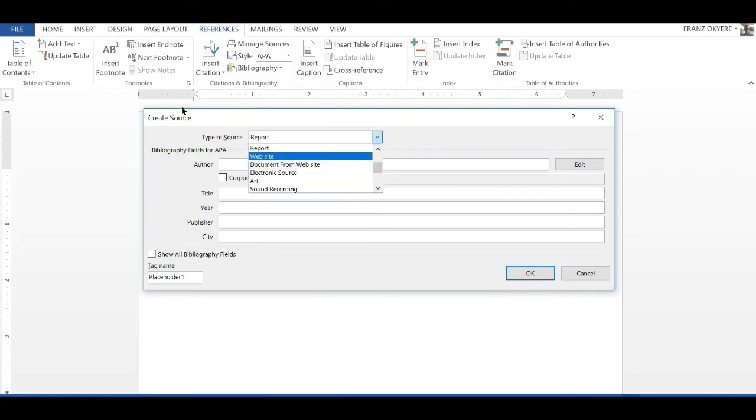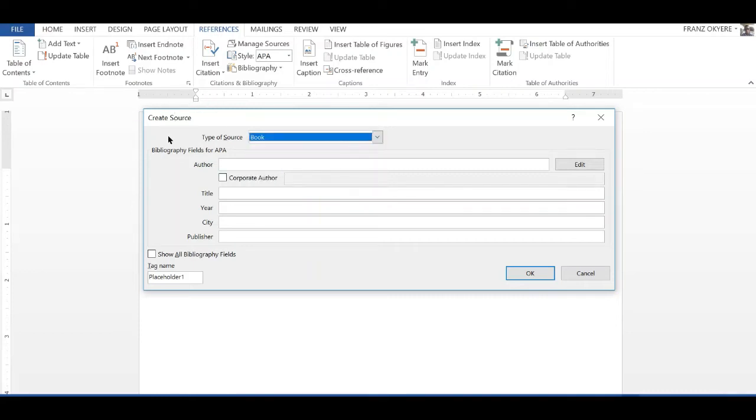We have art, website. So depending on the one you choose, there are these pieces of data that are required to build a full reference. But do not be scared about it. Just go ahead and look at the one that best fits the kind of material that you are trying to bring in. So let's look at book.